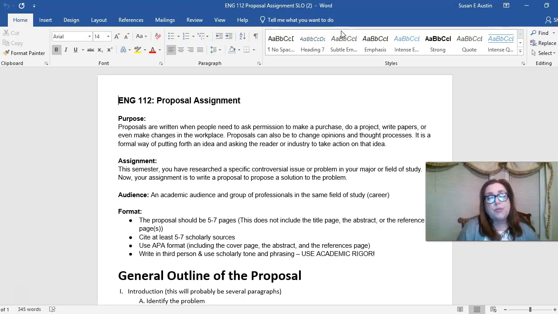So at this point, you do want to look back at your working claim and just see what needs to be tweaked. Some of you may have to change it a little bit. Some of you may not. I have had students who kind of thought one way, and then the more research they did, they sort of went to the opposing viewpoint of their argument, to the other side. If that happens, maybe give me a heads up so that I'll know that you've sort of changed your side of